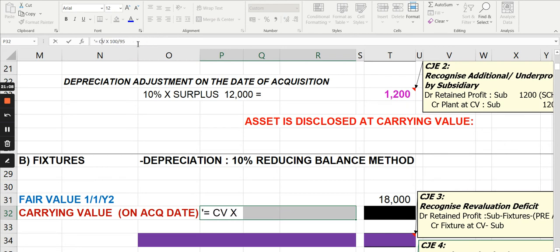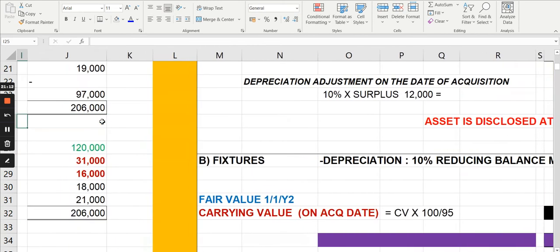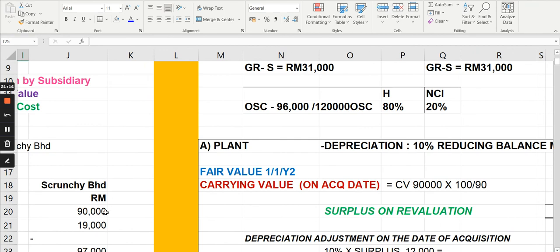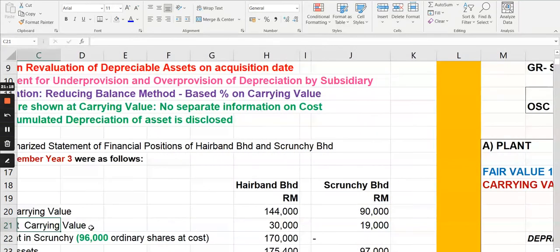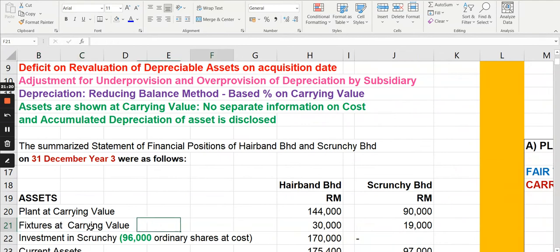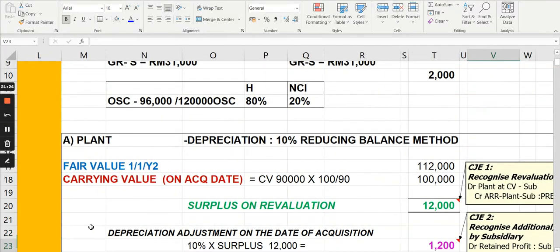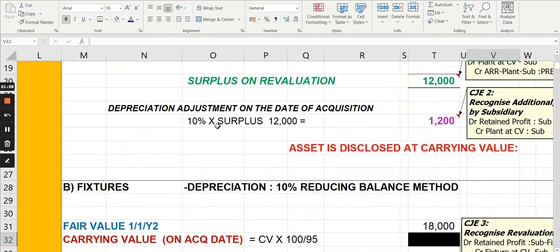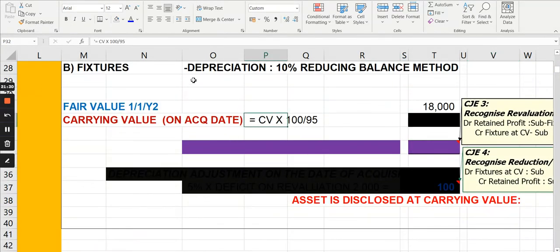Take the carrying value. Which carrying value? The carrying value given here, this 19,000, the one under the fixtures. Okay, that one. Take the one under subsidiary, don't take the one under parent. Take that 19,000 and gross up